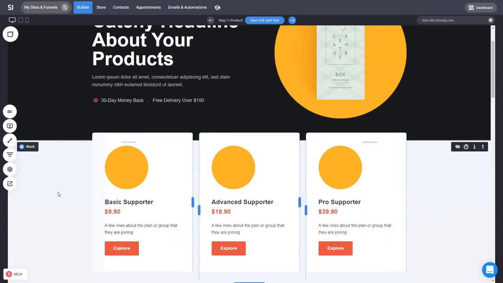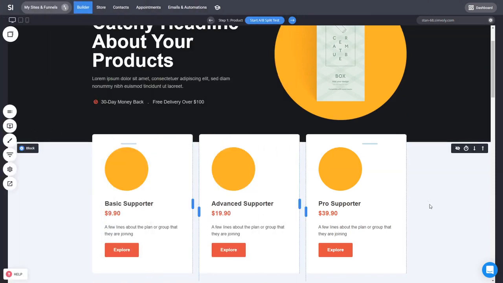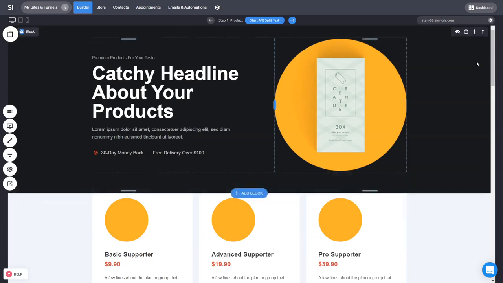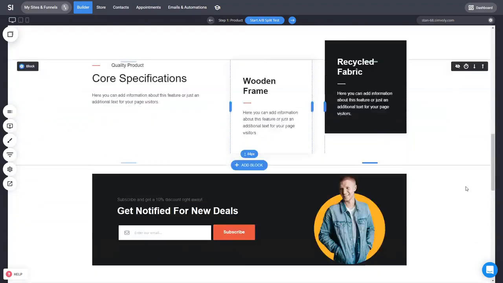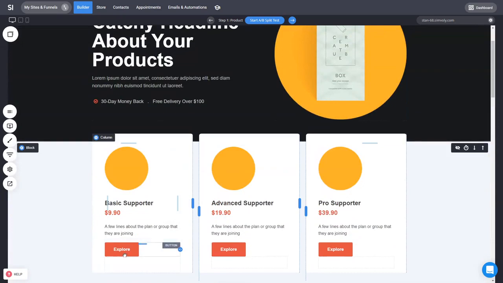And what we mean by that is when you go into the funnels area, you'll see that you have a different flow for each product. So basically you have single product funnels within one big funnel that is the multi-product sales funnel. So in this case, we have a landing page here showcasing the different products, different offers. Again, very similar to the previous one, but instead of adding to cart, each product, each button will go